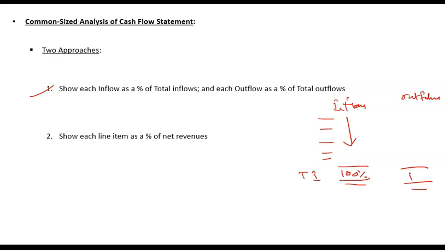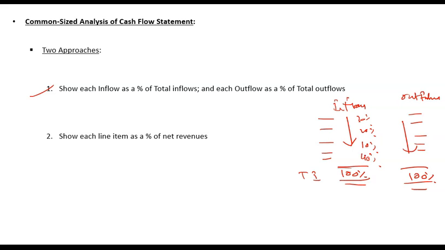You make total outflows as 100% and you show all the outflows as a percentage of total outflows. Let's say 30%, 20%, 10%, 40% and so on. So this is one method that can be used for common size analysis of cash flow statement.